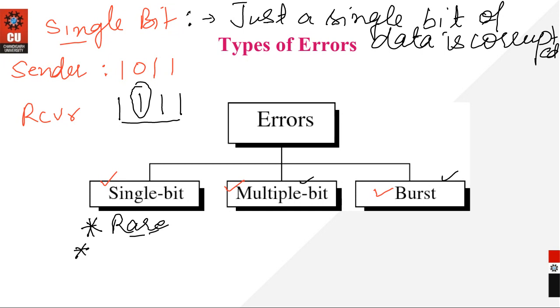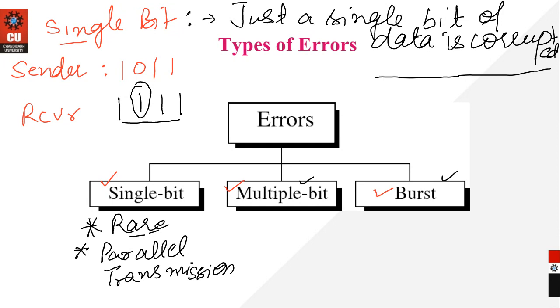The second thing is that a single bit error generally happens whenever you have data which is traveling in the parallel formation. Whenever the parallel transmission of data is happening, then only this type of single bit error will happen. How so? What is the meaning of parallel transmission here? If you remember from your fiber optics, in the fiber optics the data travels in the form of beams, and multiple beams of data travel over the channel, right? कि parallelly आपके बहुत सारे bit stream चलते रहते हैं, right? So whenever this parallel transmission is happening, then the single bit error may occur. How so? And why did I say that it will be very rare?